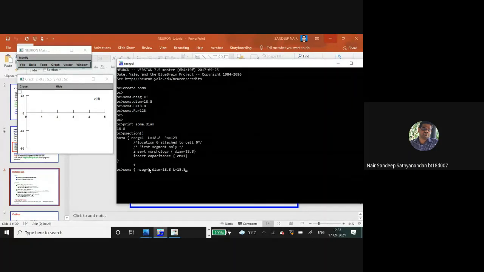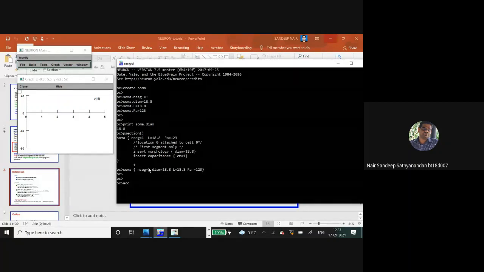So this is like a structure method. You can then close the bracket. So this is created. Now, if we want to make some changes in the particular parameters, we have to call the access command, because you not only create the soma, you will also be creating the dendrites, and an axon.